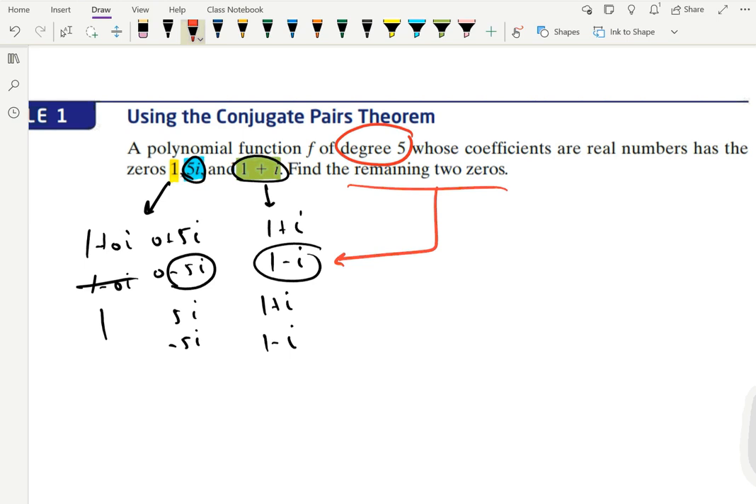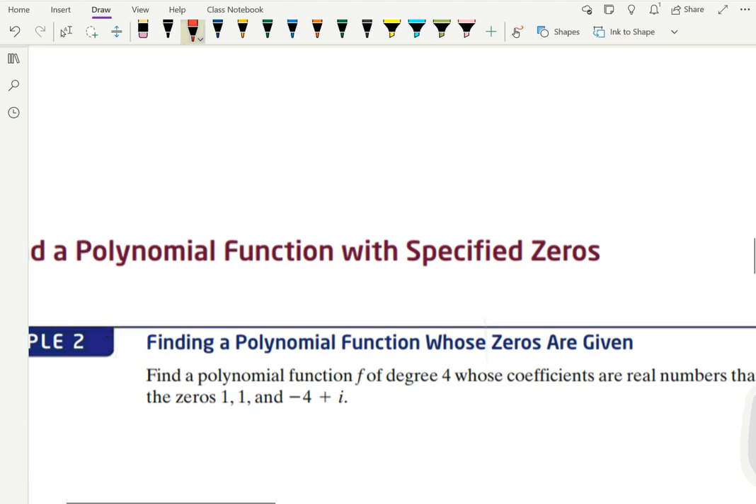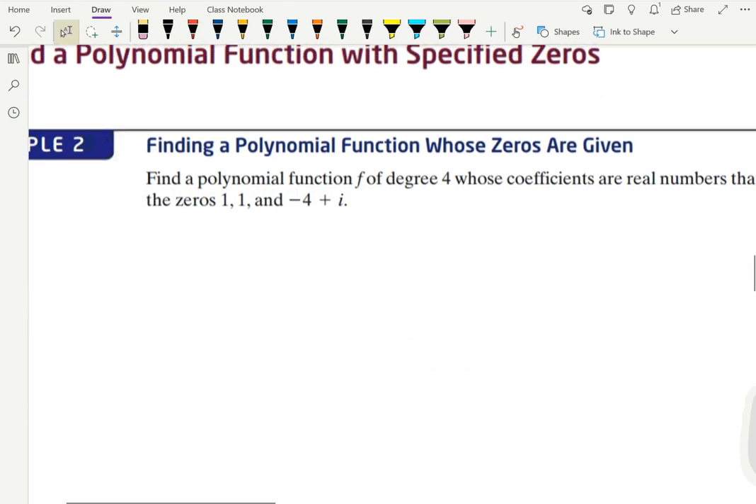Some of our homework is just going to ask us to do that. Can we come up with the other zeros? If we have complex numbers, I know I also have to have their conjugate as well. So how do we use these? One of the things that we can do,